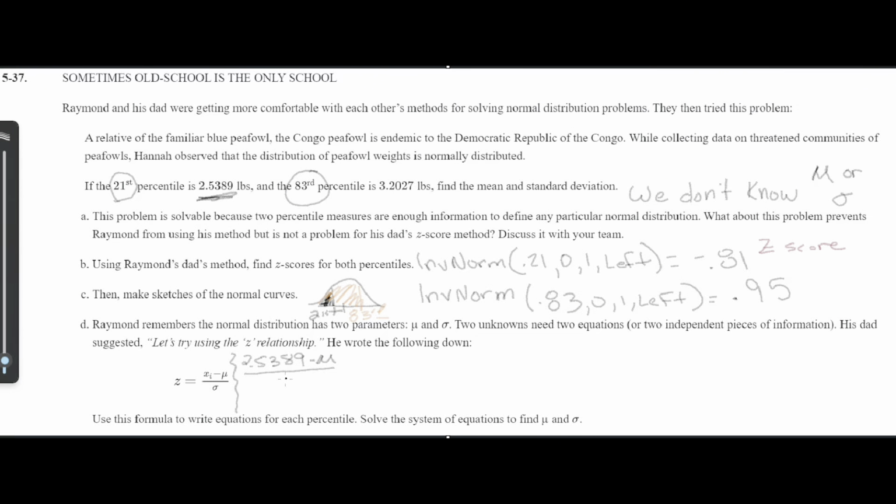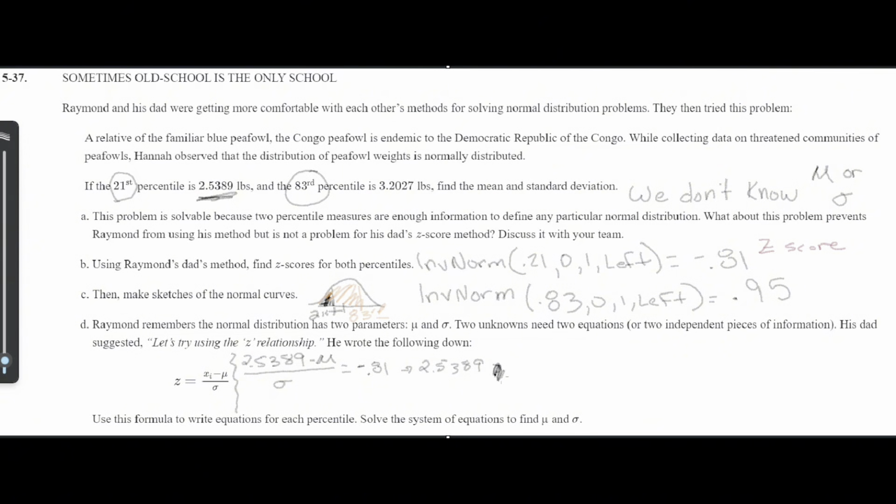So for the z-score, we put our x value minus the mean divided by standard deviation. Again, we don't know mean or standard deviation, but we do know that the z-score is negative 0.81, okay? So what I'm going to do is I'm going to go ahead and manipulate this equation. So I'm going to multiply both sides by the standard deviation, sigma, okay? So I'm going to get